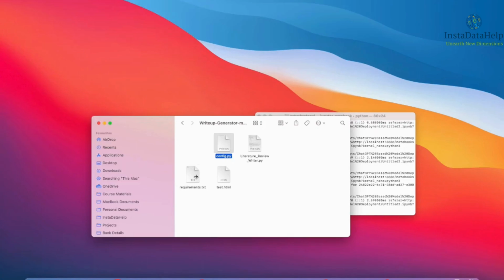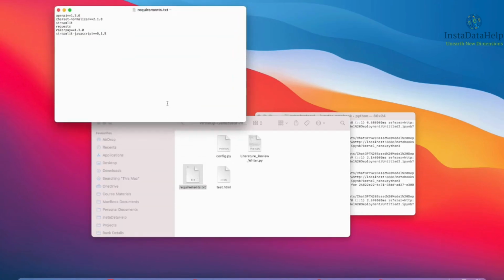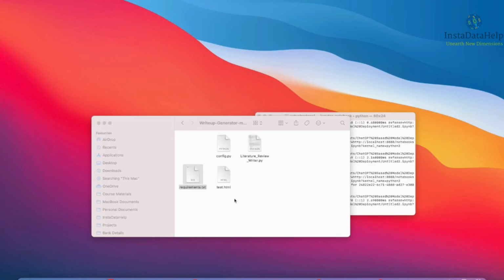Now you have to keep one requirements file. So just check what is there in the requirements file. One is openai 1.3.6, then charset normalizer. This will be needed for Razorpay. They use it. Then the Streamlit library, the requests library, then razorpay 1.3.0, and lastly streamlit JavaScript. These are needed in the text file. You need to create one text file. Next,